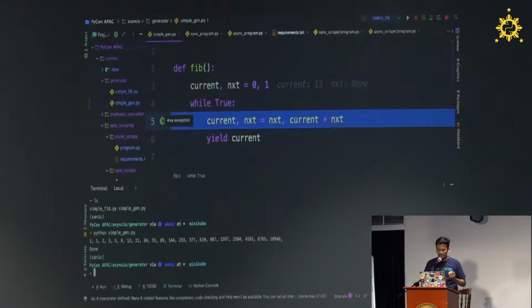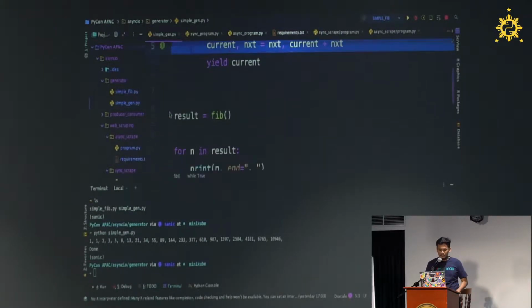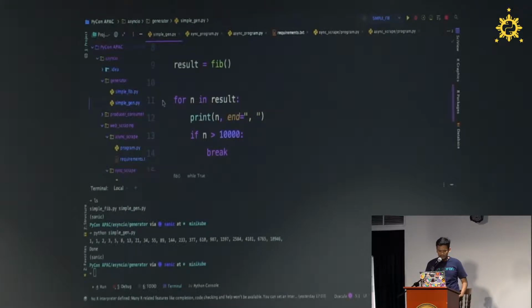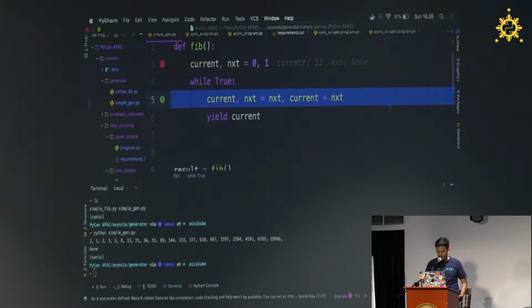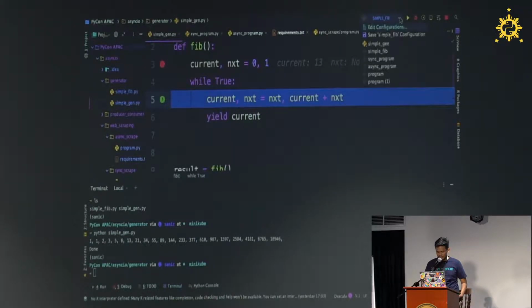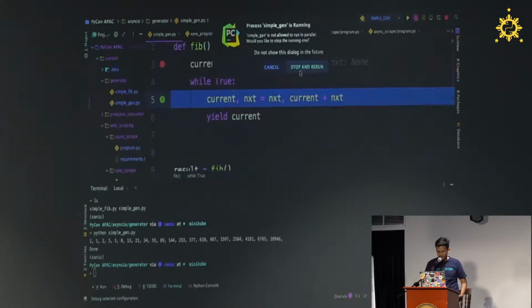The interesting part in here is that we can use the debugger in Python to inspect the process. I'll give just a breakpoint in here. We just run the debugger. Stop and rerun.